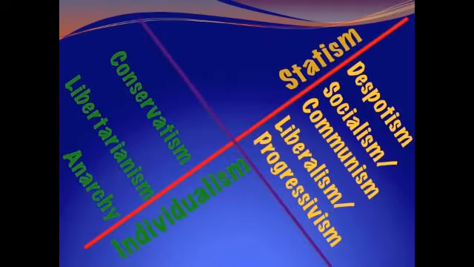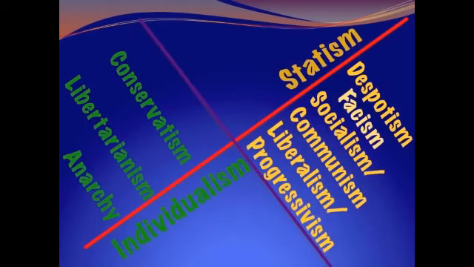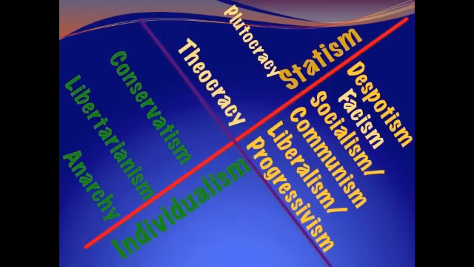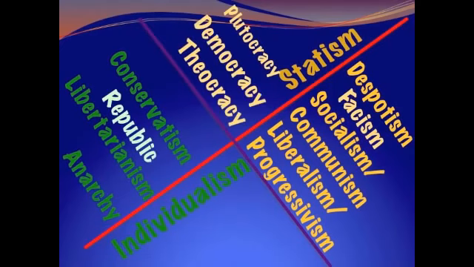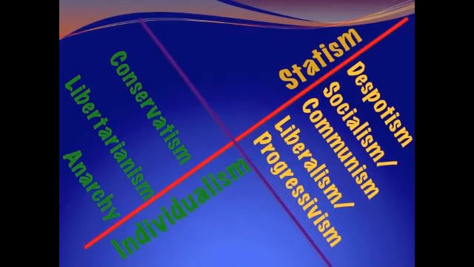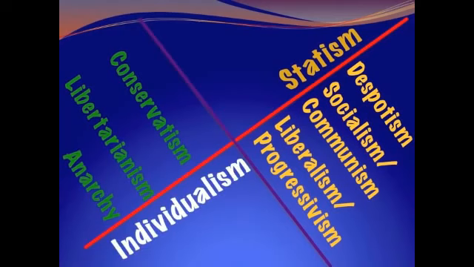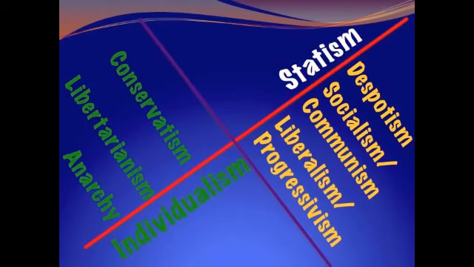So those are 6 basic markers along the scale from individualism to statism. There are, of course, other political systems that could be squeezed into the spectrum: fascism, plutocracy, theocracy, republics, democracies, etc. But the 6 I've selected to cover give a close enough idea of the nature and degrees of variety in political systems as they progress from a completely individualistic system to a completely statist system.